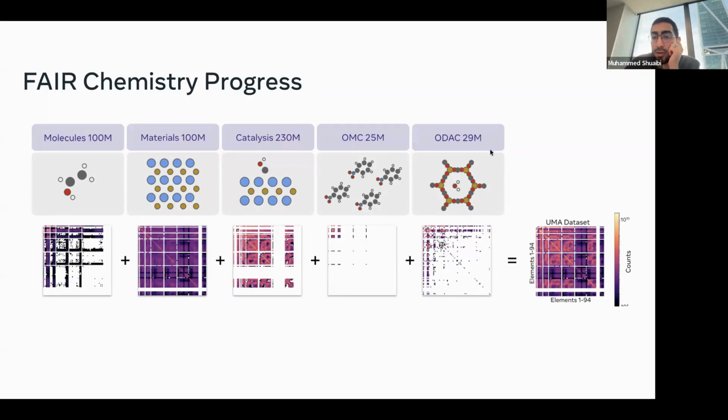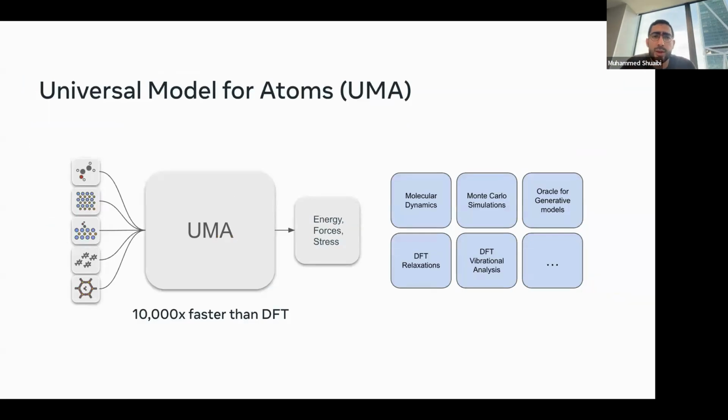And that's what we set out to do last year, where we have these incredibly large datasets, and can we just train a single model across all the data that we have and make it work for anything? That way, if I wanted to study something for chemistry, I can use the same model. But if someone in the biospace wanted to study protein design, they can use the same model. And it's really enabling the community, because oftentimes the community is stuck because their specific application isn't covered by some model. So the idea here is what we refer to as the universal model for atoms.